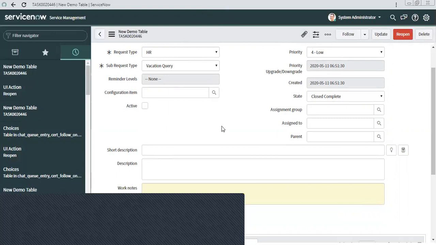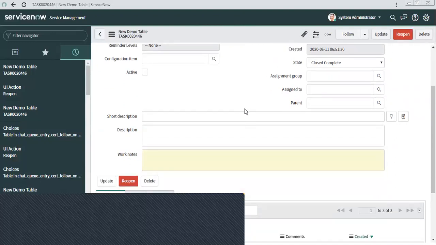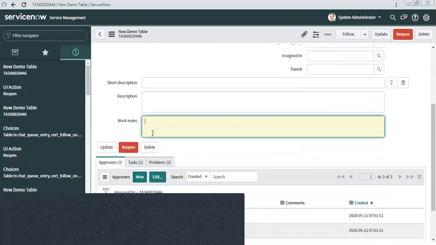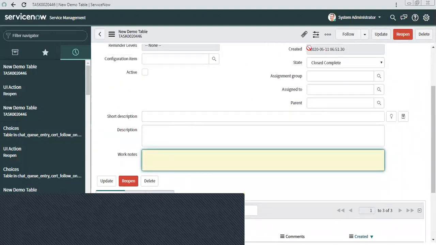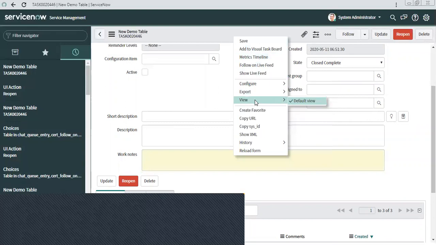So in those cases, you need to write client side code for the confirmation. Also, sometimes the client asks that work notes or comments should be mandatory on the form before the user closes. How can we make it mandatory?